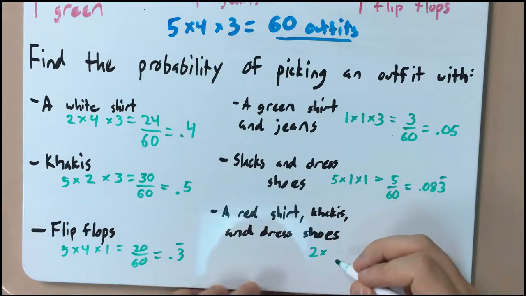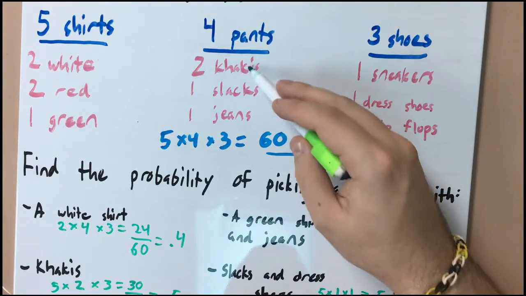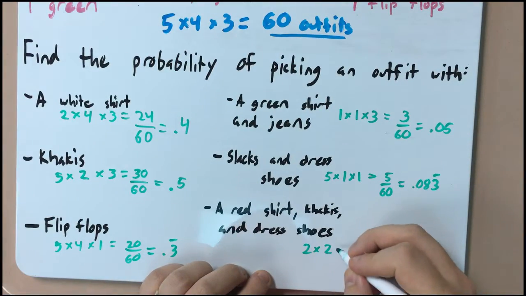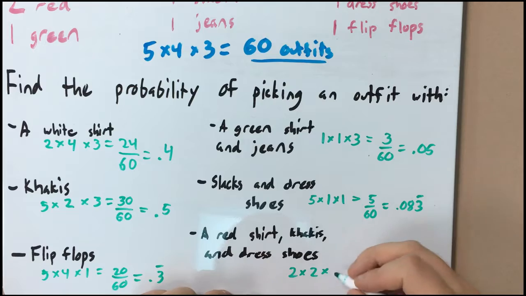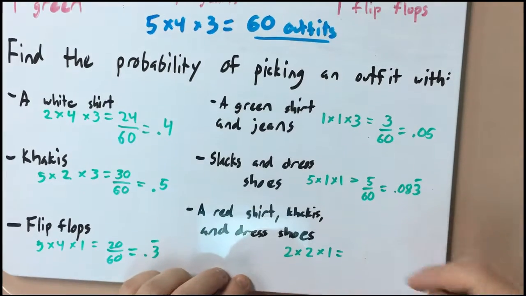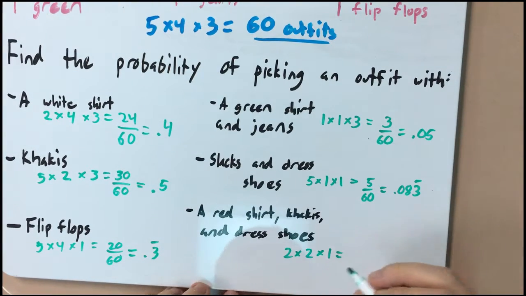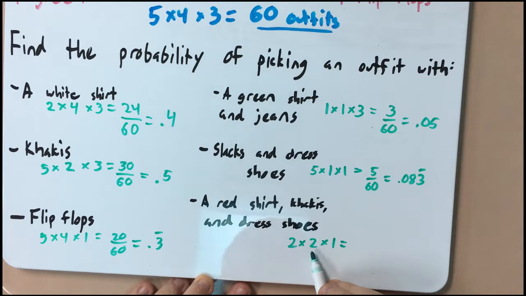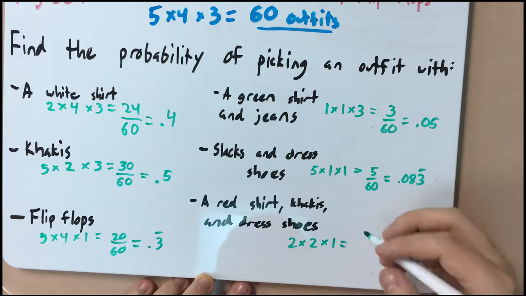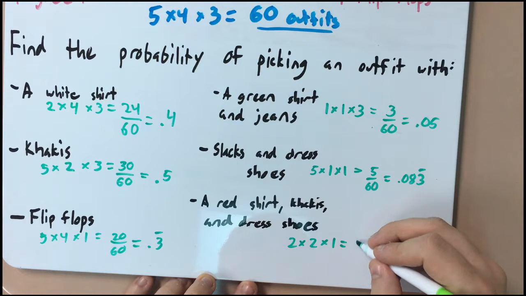So that's 2 choices for a red shirt. I'm looking for khakis, and I had 2 pairs of khakis. And then dress shoes, I had 1 pair of dress shoes. So that's 2 times 2 times 1 for the 2 red shirts, the 2 pairs of khakis, and the 1 pair of dress shoes. 2 times 2 times 1 is 4